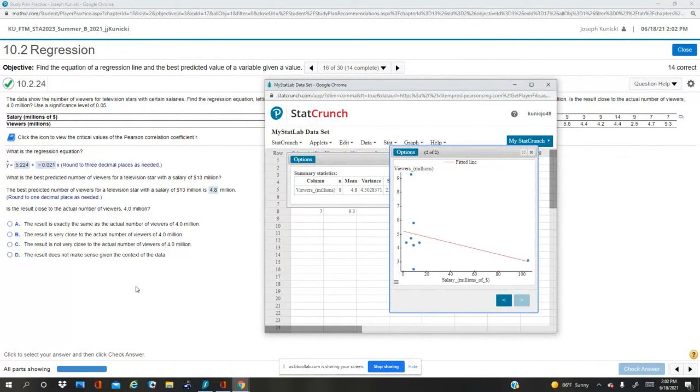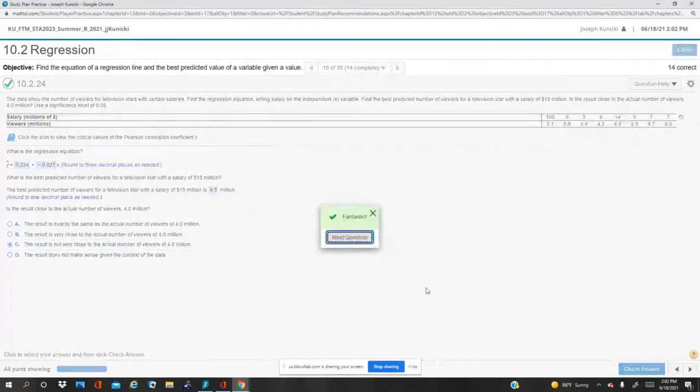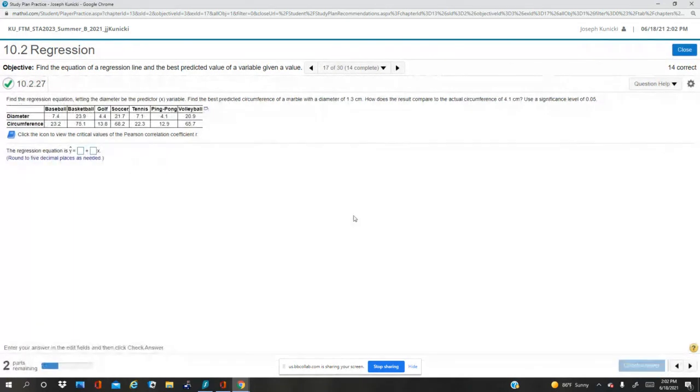So is the result close to the actual number of 4 million? Well, not within 5%. 5% is 0.2. It's not very close. Okay. I wouldn't expect it to be close, but if you use the 5% rule, that's probably the best way to do it. Okay, so that's question